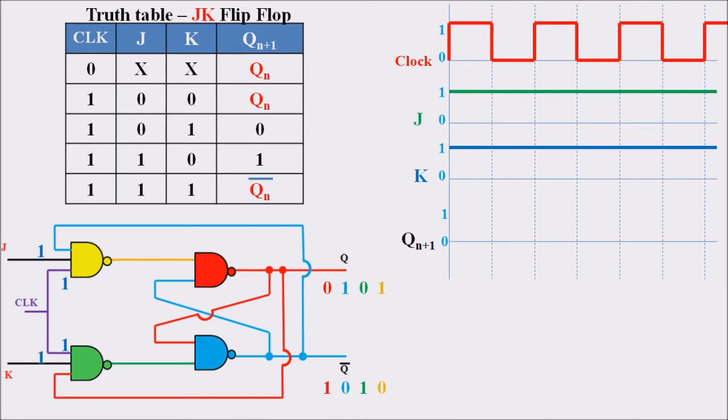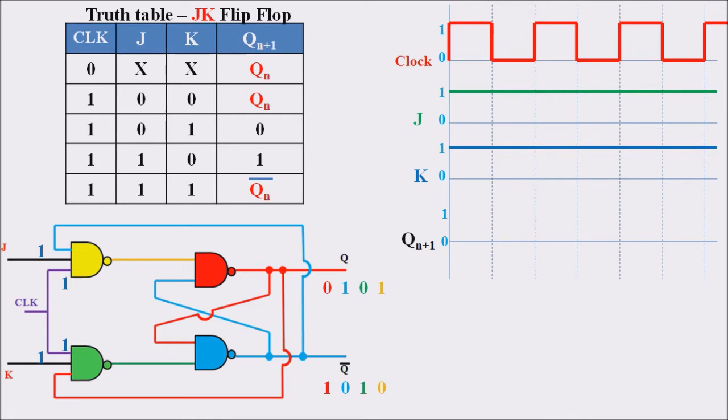And here, if we are analyzing the clock as shown in this figure, in the case of J equal to 1 and K equal to 1, the values of J and K are not changing, and thus it is a straight line with the value J and K equal to 1. Now we are going to analyze the output, that is the Qn plus 1 value. If we are analyzing the truth table, or the circuit of this diagram,